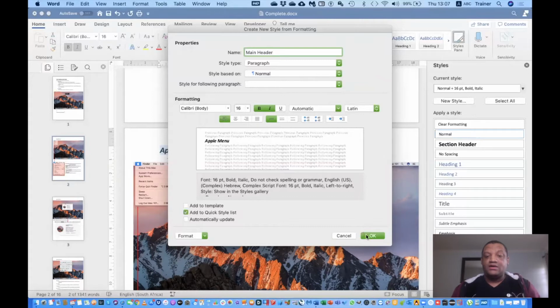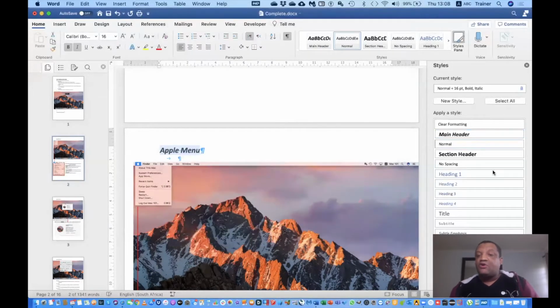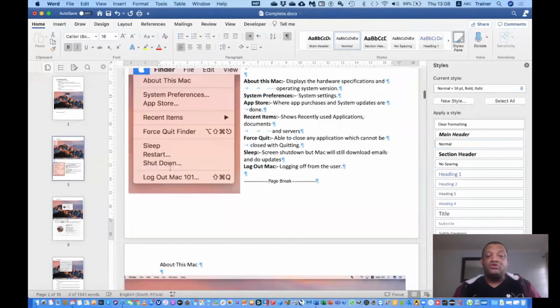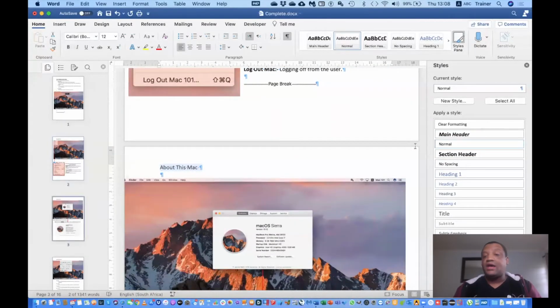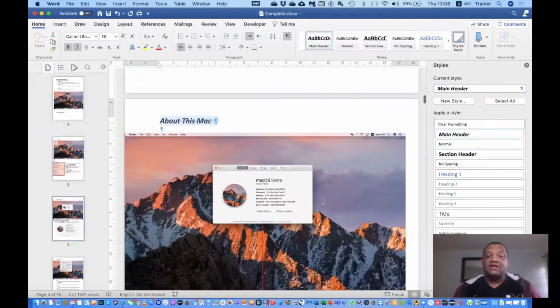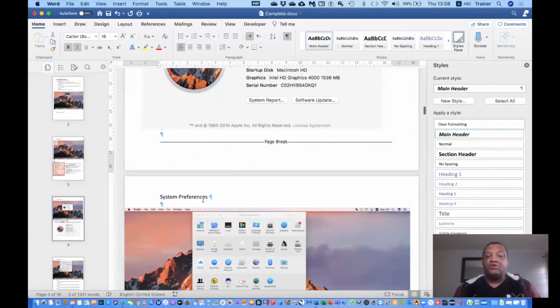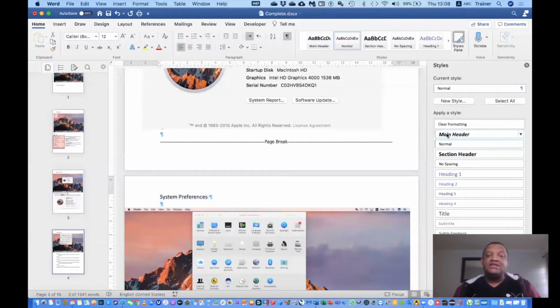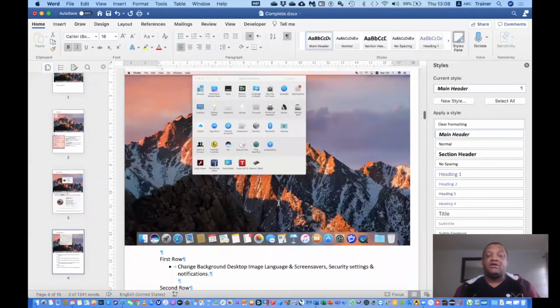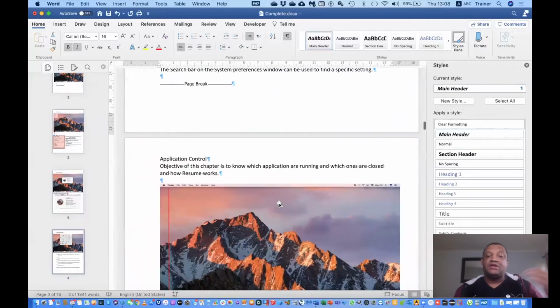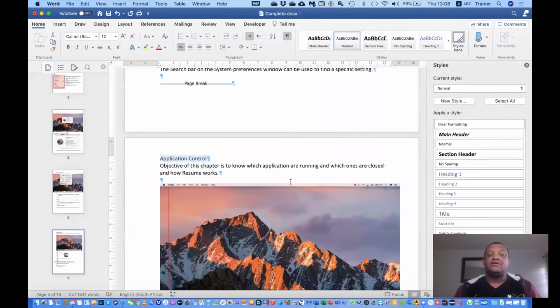Okay, so that should work. So now I've got my main header, my section header, and every time I come to my main headers, I can just apply it. I'm putting that in as my main header. The same with this one as well. So you can see that I don't need to go every time and change my text and so on. I can just highlight that and